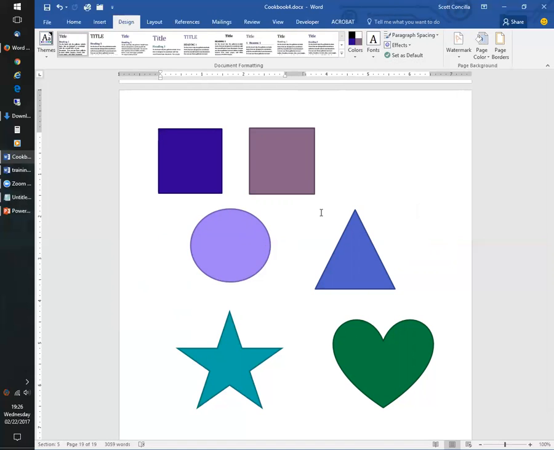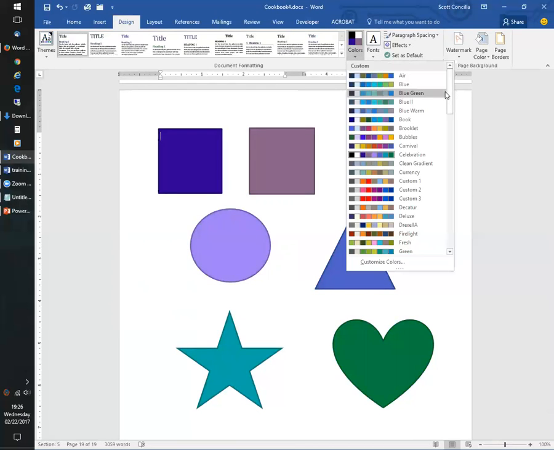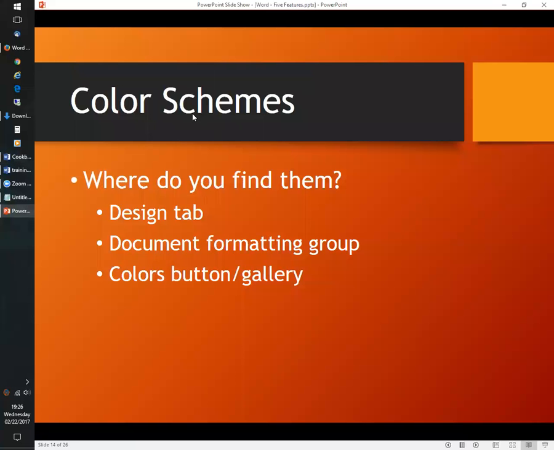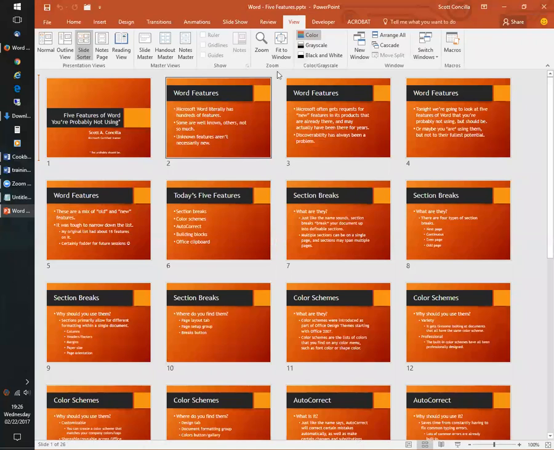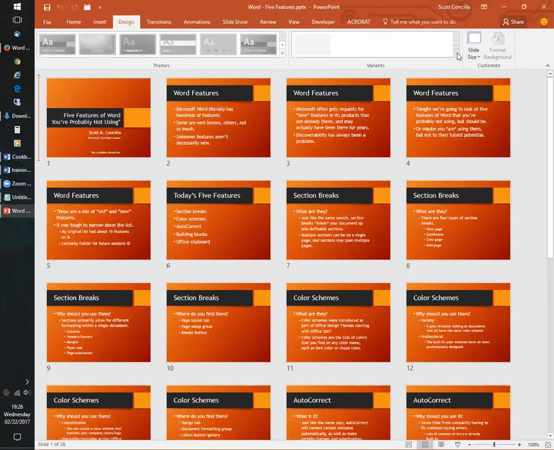But here is a key point about these, is that all of these colors, if I come back over to PowerPoint, and actually let me exit out of my presentation just to show you. Over here in PowerPoint, again, if I go to the Design tab, and